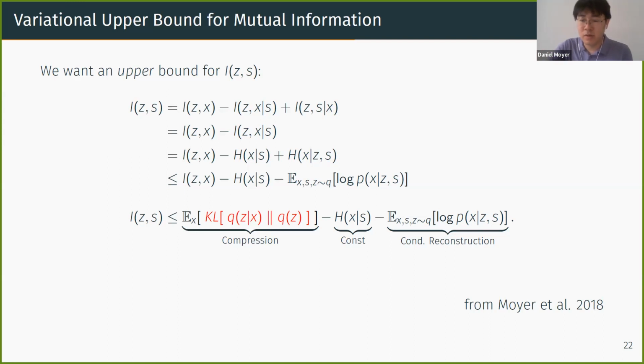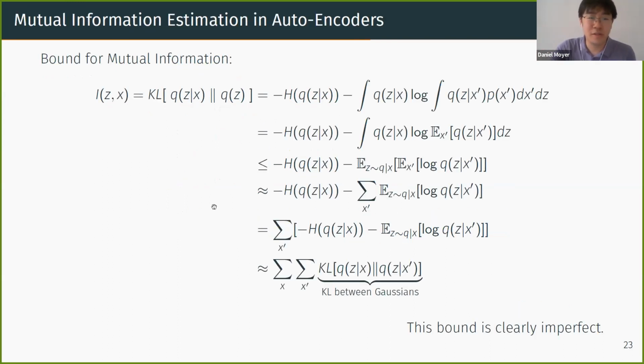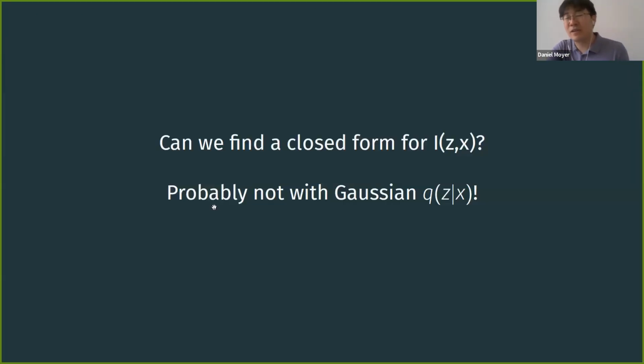So instead, well, okay, here's how we would compute it if we really wanted to grind away at it using Gaussians. And it's ugly. And the point of the slide is basically, this is not a good bound, right? This is not a good way to go about things. So instead, can we find a closed form for the mutual information between the code and the input? And it turns out that you probably can't do this with Gaussian VAE, with Gaussian encoders. We never proved that you cannot do this. So if someone's very clever, maybe they can come up with a way to do it,